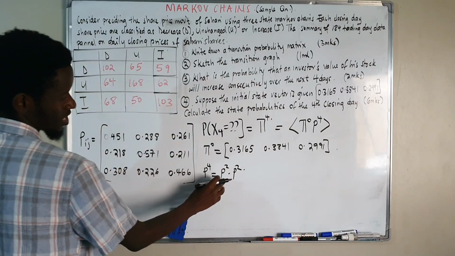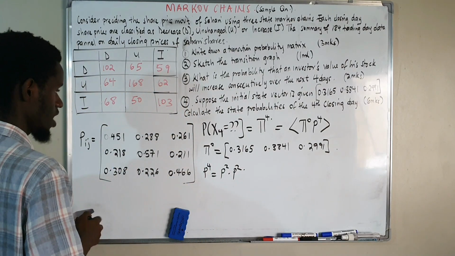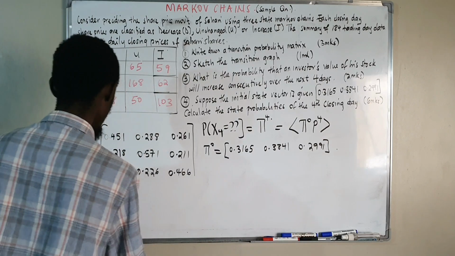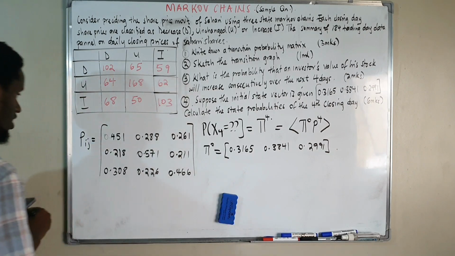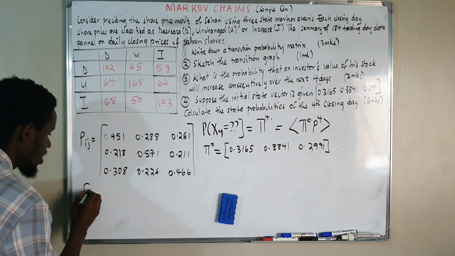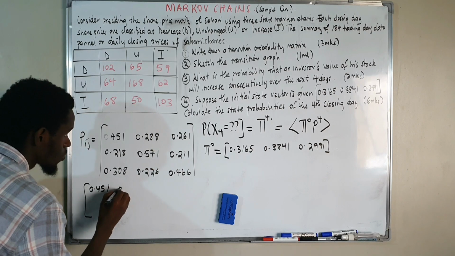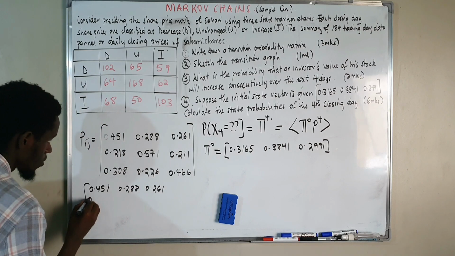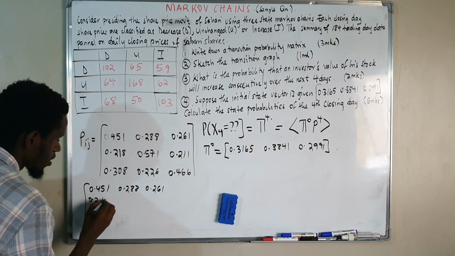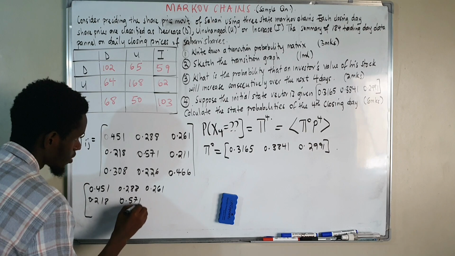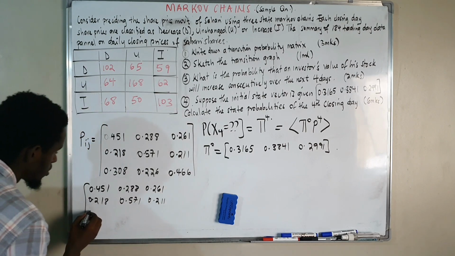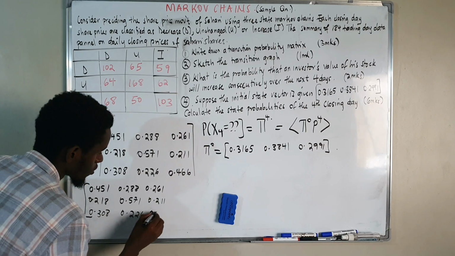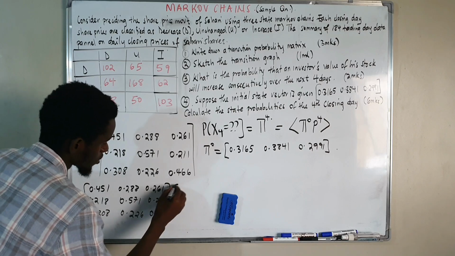Now I think we can just get p squared first, and then multiply it by itself, and then get the answer. Now, first to get p squared, it just requires us to, I think, multiply the matrices. Okay, p squared is the same as having this matrix we have here: 0.451, 0.288, 0.261, then 0.218, 0.571, 0.211, then 0.308, 0.226, and then 0.466. This one times the same matrix,